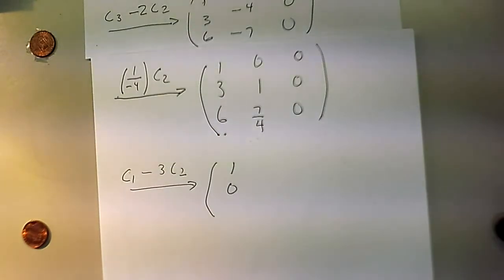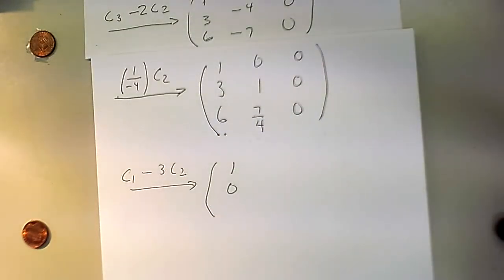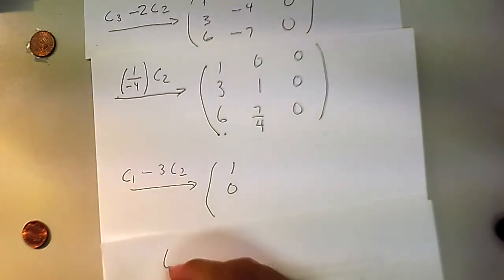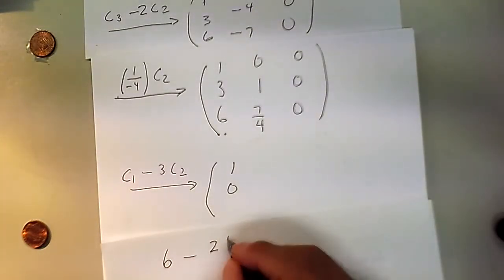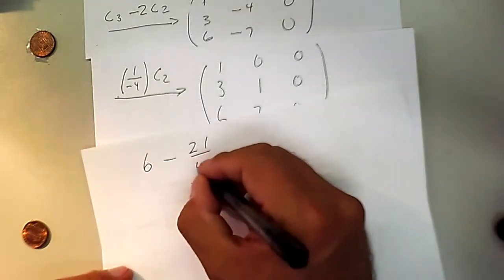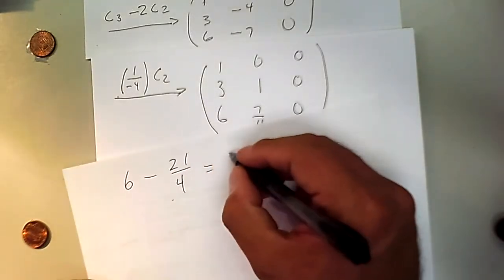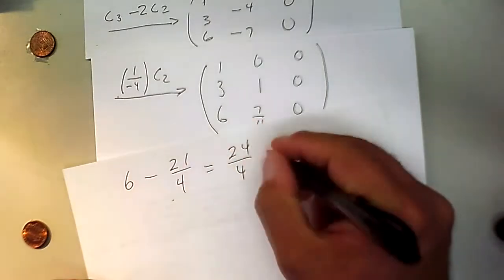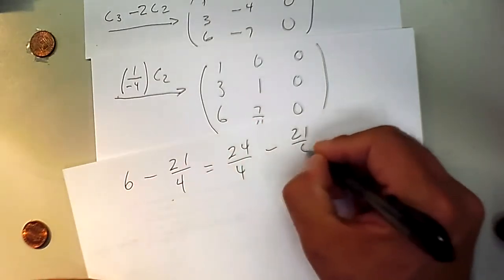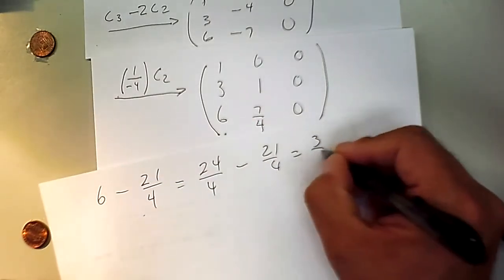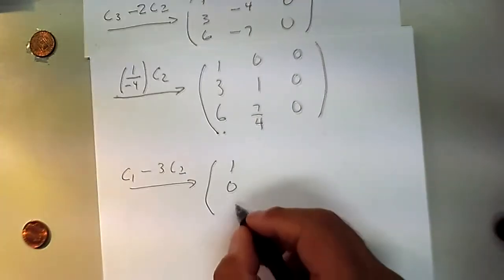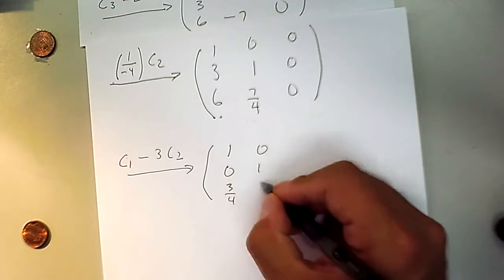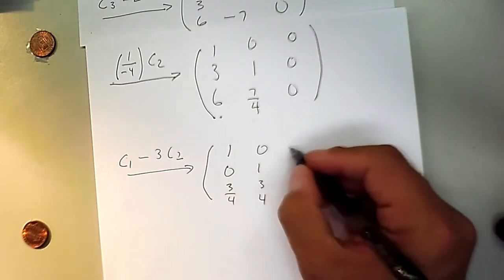I'm just going to do that computation on the side. 6 minus 21 fourths is equal to 24 fourths minus 21 fourths, and that is 3 fourths. That's interesting. 3 fourths, and then we have 0, 1, 3 fourths,